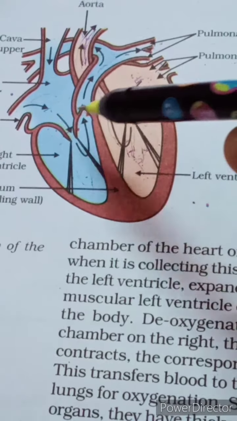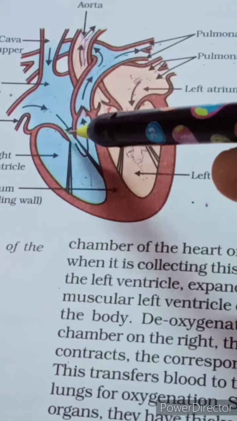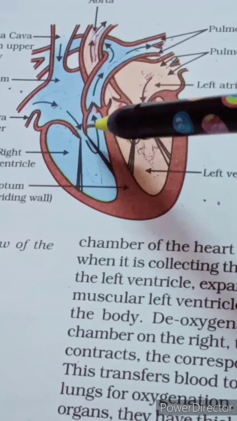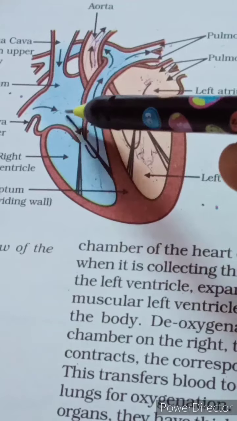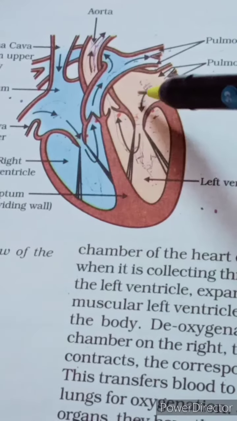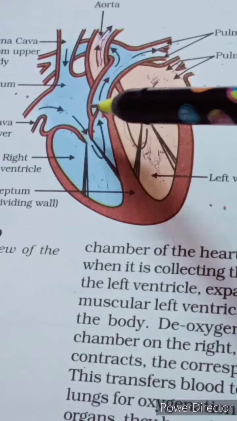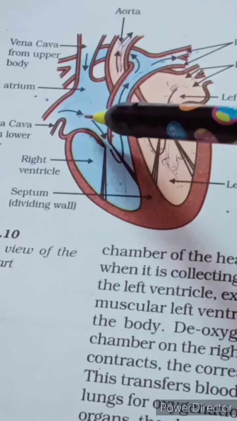Now coming to the chambers of the heart. In phylum vertebrata, one of the classes is mammalia. All the mammals are composed of a four chambered heart. Humans also come under mammals, so we also have a four chambered heart. The upper two chambers are called auricles, and the lower two chambers are called ventricles. Auricles are otherwise called atria. Atrium in singular, atria in plural.